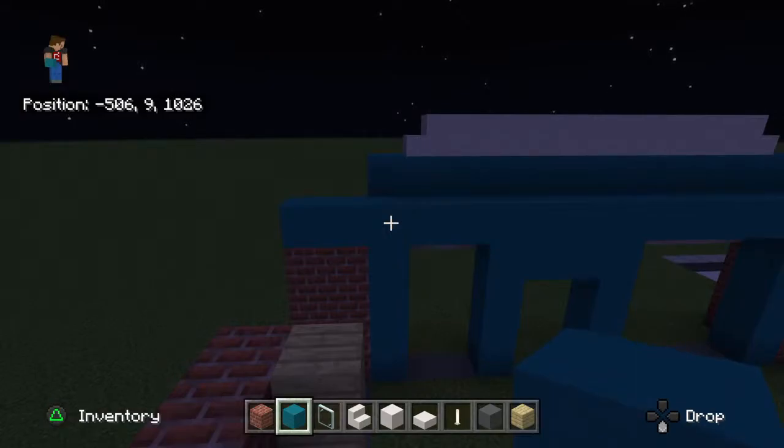Simply all of the cyan concrete across the back of the build, it will...